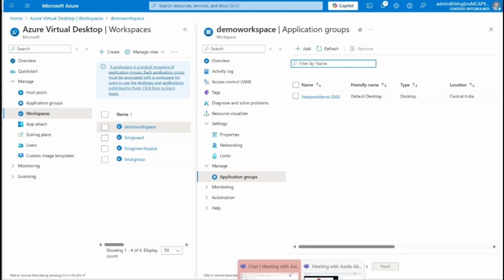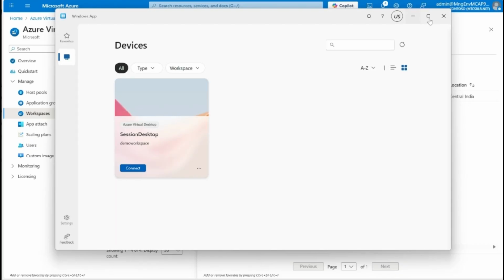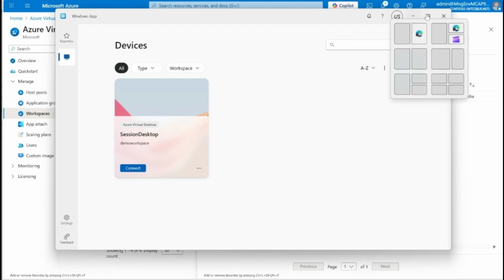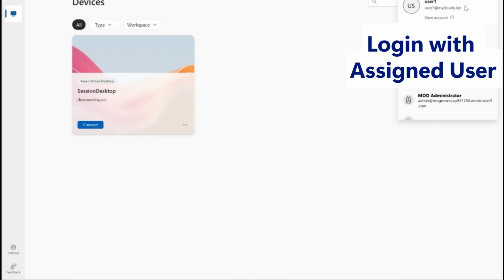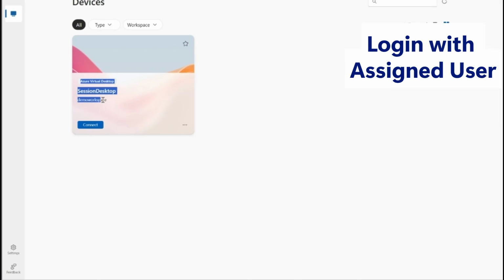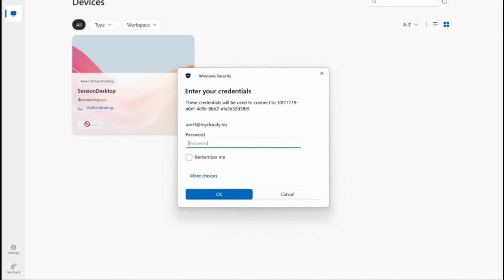which would be either the Remote Desktop client, Windows app, or web client. I am going for the Windows app, which I have already installed. I have logged in with this user one at mycloudy.biz. This is my demo workspace, the workspace I have created, and the application is the session desktop which is already attached with it. I can simply click on the connect button. I need to provide the credential,